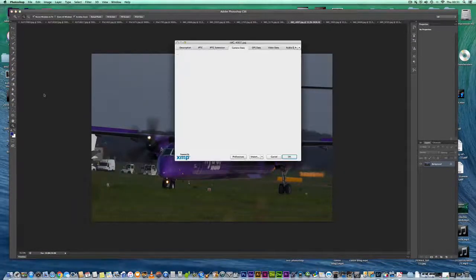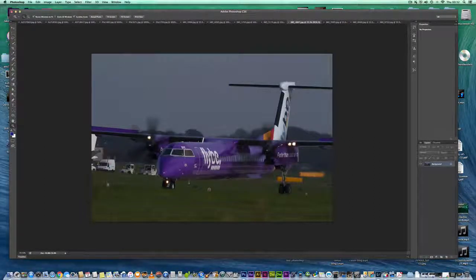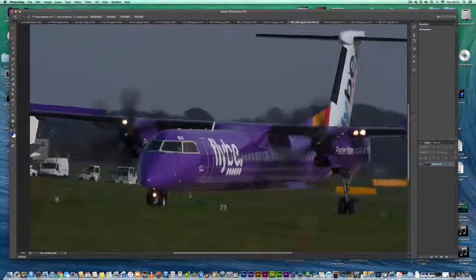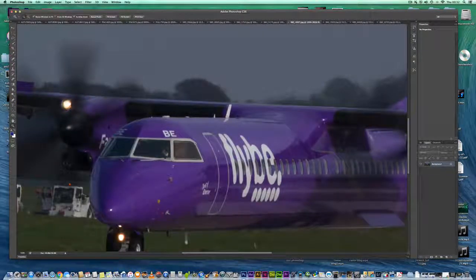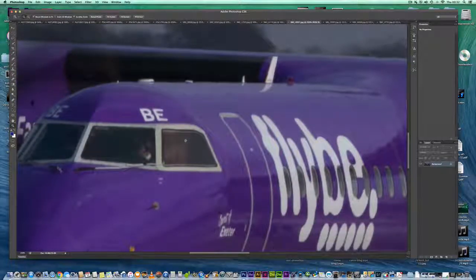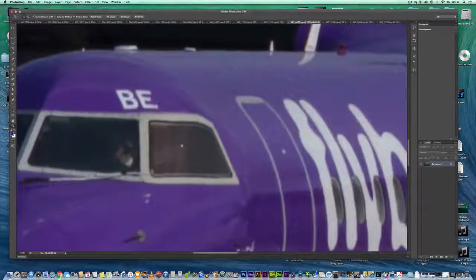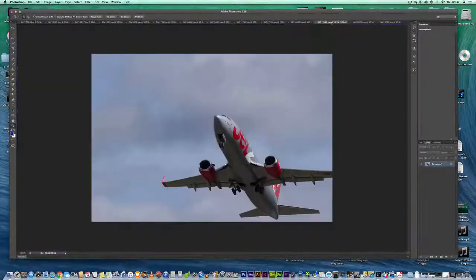Image data. 468mm, f22, ISO 250, 1/125th of a second. Again, it's set to high settings. No, sorry, it's set to medium settings. This picture is. 100%, 200%, 300%. Right, the next picture,